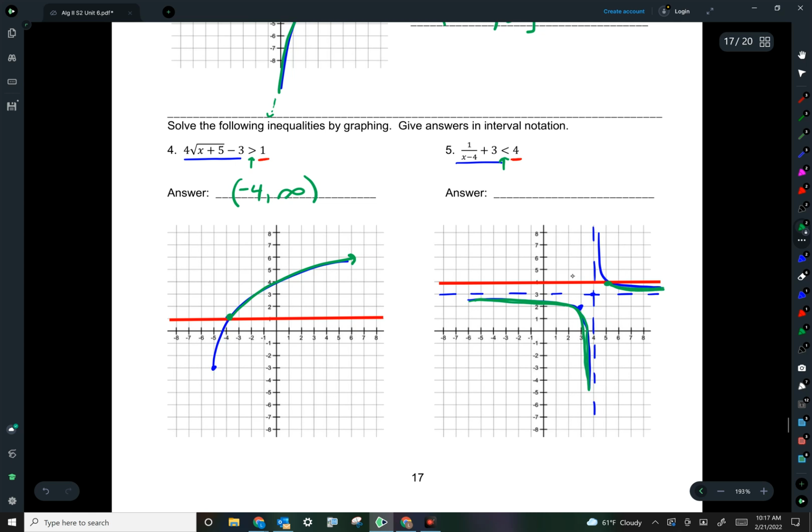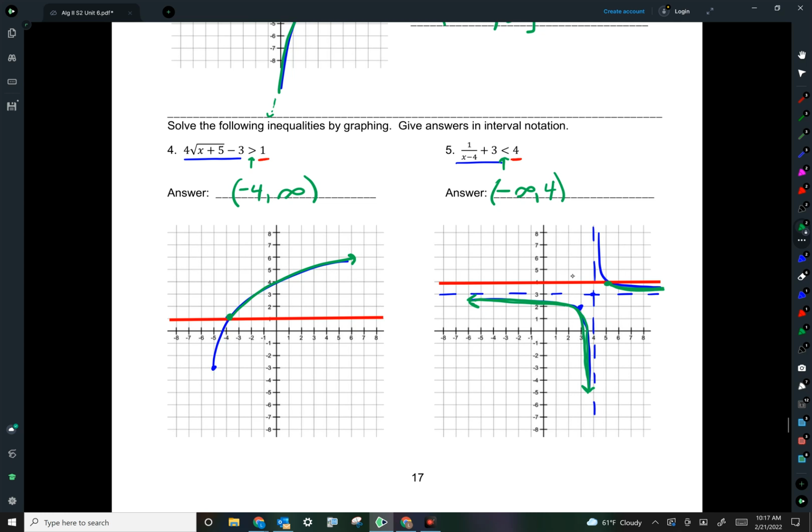And so again, because there are 2 pieces, I have to write 2 intervals. Well, the first interval is, it just keeps going this direction, so that's from negative infinity. And keep in mind, intervals are x numbers. So even though this graph is going down, we don't want negative infinity because it's going down to negative infinity. We want to know what's the x value. Well, it's going to get really, really close to x equals 4 without touching it. So I'm going to put a 4 with a parenthesis because that means it gets really, really close to 4